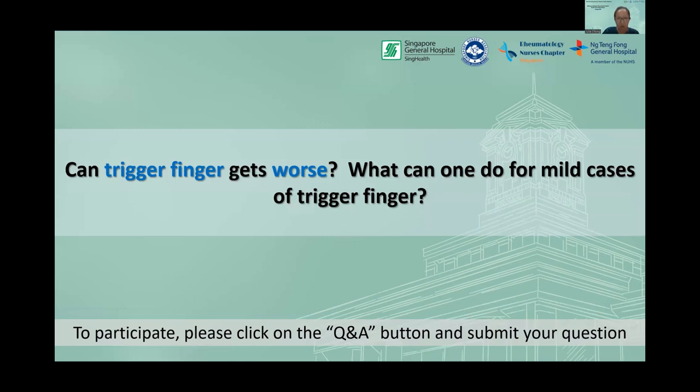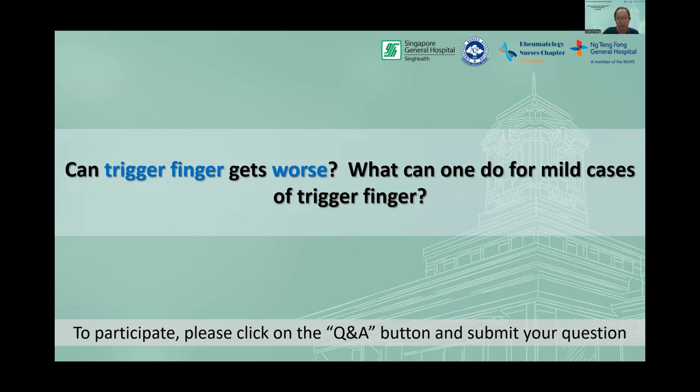to rest. With trigger finger, it is very important that initially, especially for mild cases, we try and rest that finger as much as we can, so we don't overuse the tendon, because trigger finger essentially is a tendon issue. Part of the tendon has a painful little nodule and it gets a little bit swollen and inflamed. So by wearing the ring, we get the finger to rest.